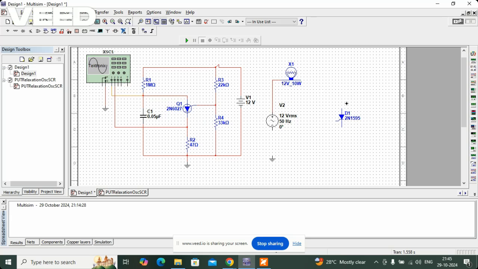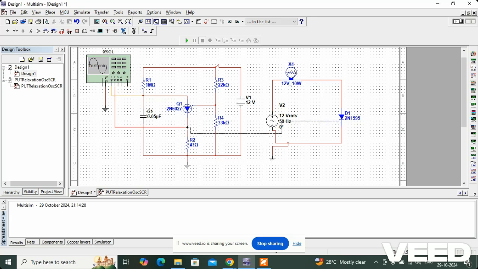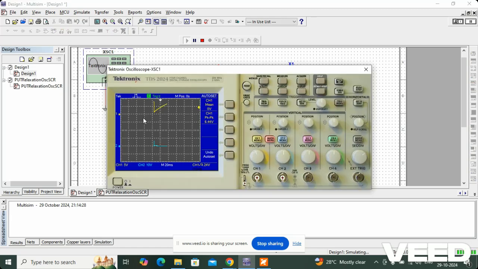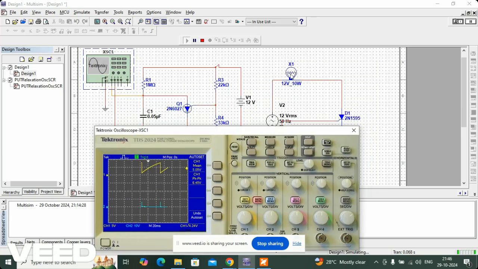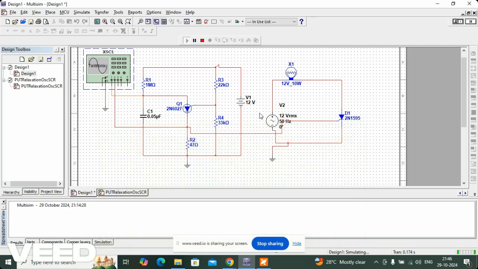Now this circuit is complete, a very simple circuit. We have a source, we have a load, we have a switch. Now this switch should be connected to the output of 2N6027. This is a PUT which is working as a relaxation oscillator and which is used to trigger the SCR. This is the SCR, this is the source, load, SCR. Now let's check whether our SCR is working fine or not. And here you can see the bulb is glowing. So that means our SCR over here is being triggered by PUT. SCR 2N1595 is being triggered by 2N6027